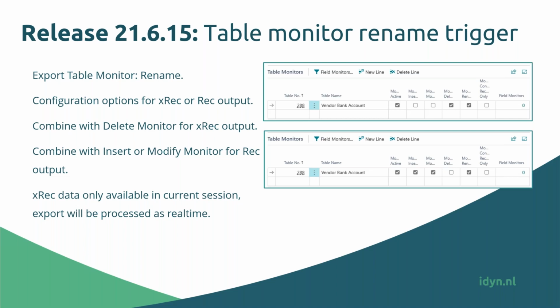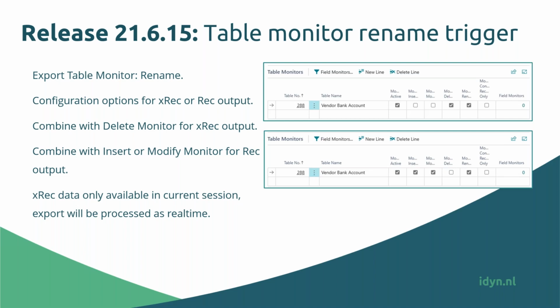Normally with the insert, modify, and delete, you would only select a single option to check for or track the changes. However, because the rename has some values that can be important for the old record value and the new record value, so we both have the extract and the rec to consider in the output,